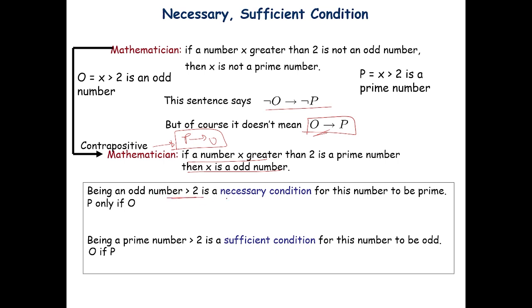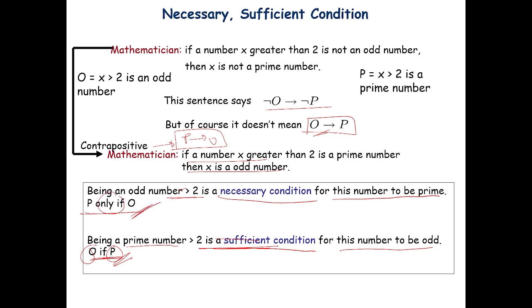Being an odd number greater than 2 is a necessary condition for this number to be prime, isn't it? Because if it's not odd, it can't be prime. So being an odd number greater than 2 is a necessary condition. Being a prime number is a sufficient condition for this number to be odd. So O if P always brings the sufficient one out, and